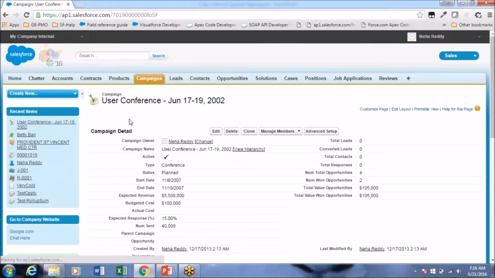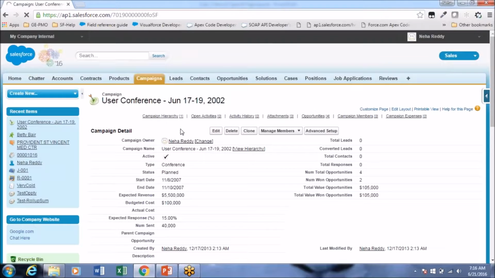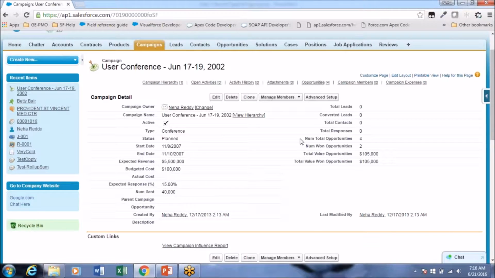Right now I logged in and looked at this record. In the campaign object, I can see the number of total opportunities, number of won opportunities, etc. This information I can see. But if another user logs in, he may not be able to see this.